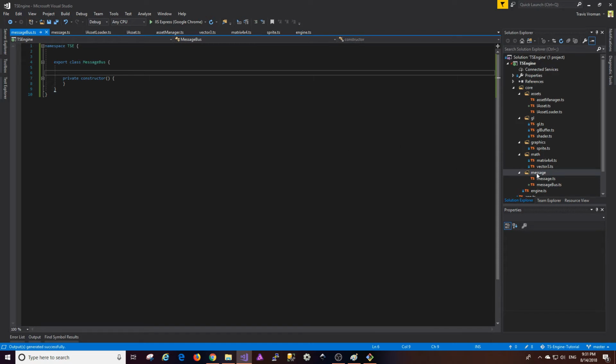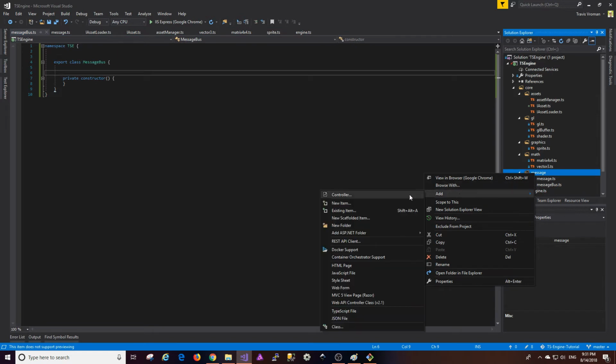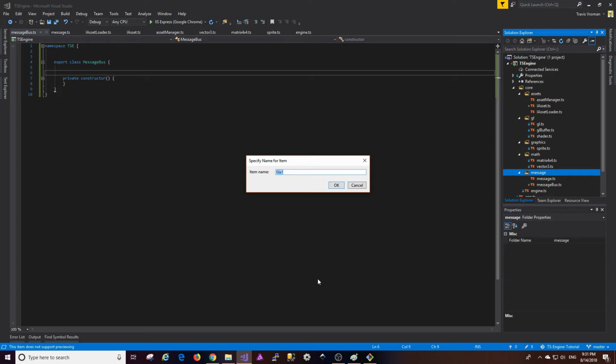So let's go ahead and add those things. So the first thing that we want is a new TypeScript file, and we're actually going to add an interface for message handlers. So a message handler is something that can subscribe and listen for a message. So we're going to call this IMessageHandler, and for brevity's sake, I'm going to copy that,